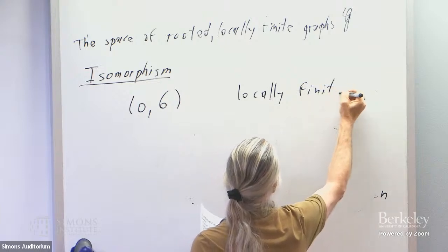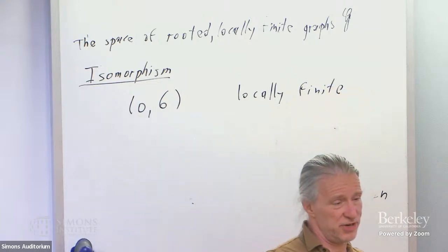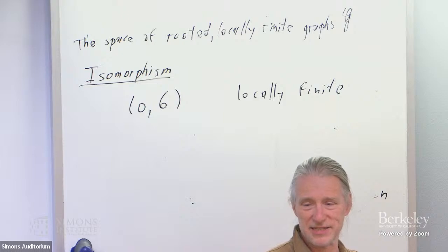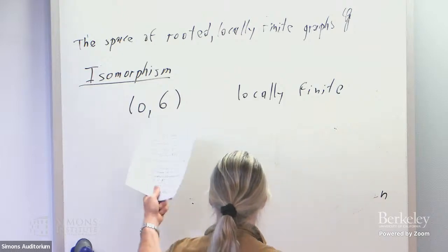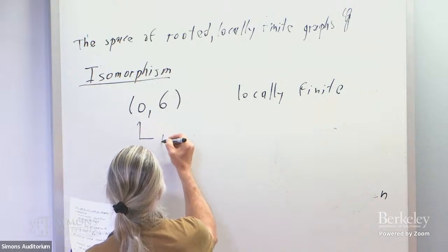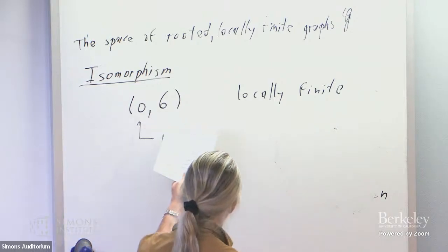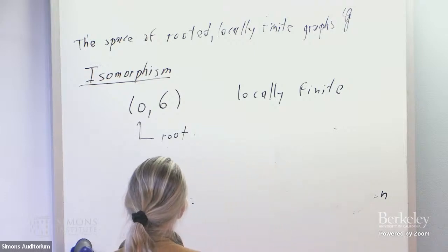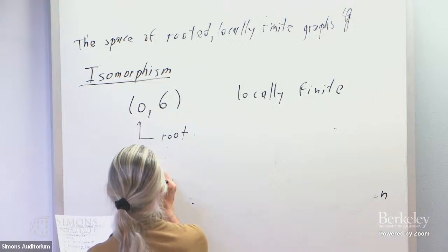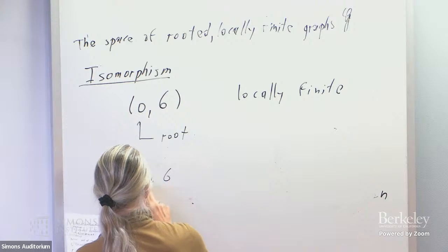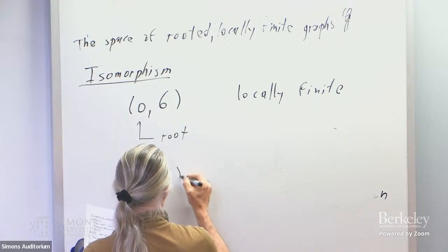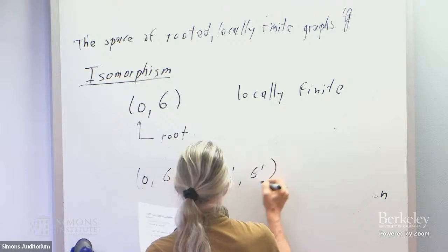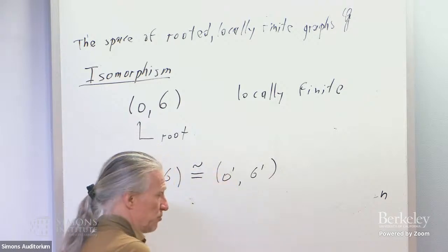What I mean by that, locally finite means that all degrees are finite, but they're not bounded. The graph can be infinite. It can look very complicated, an infinite graph. But it has a root, okay? So that is the root, okay? So now we have a rooted, locally finite, possibly infinite graph, okay? And now I will say that G with root O, and let me call the other one O prime, G prime, okay? They're isomorphic if